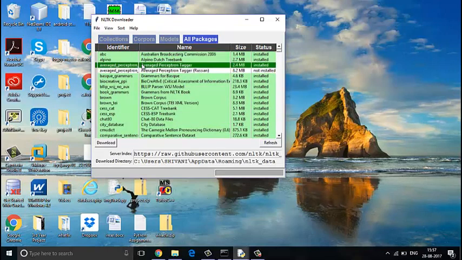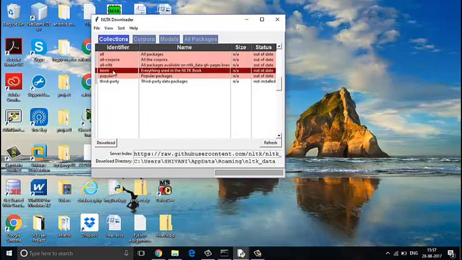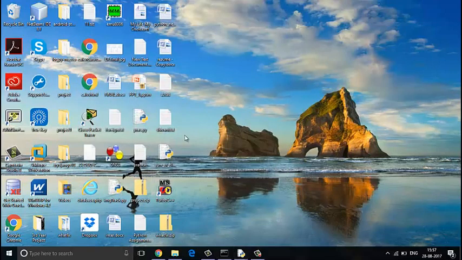You can click any package and then click the download option, and that package will be downloaded automatically. Similarly, you have to click on that book collection and then the download option, so everything present in that book will be downloaded. Now what is book? Book is a collection which contains all the data required for the examples and exercises in this collection. So this is a very important collection, and our next tutorial will be based on that collection, so you need to download that collection.